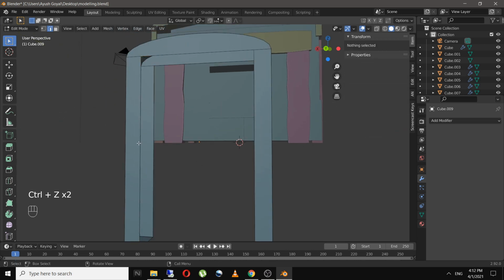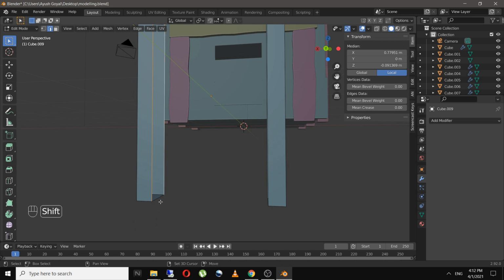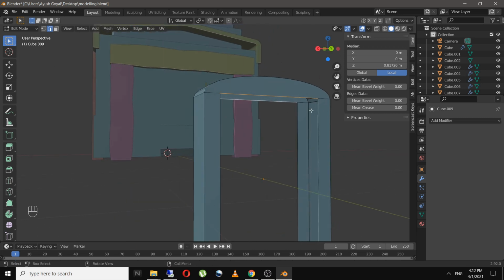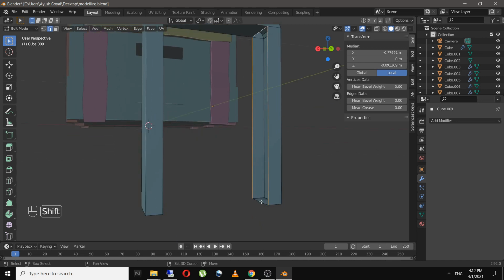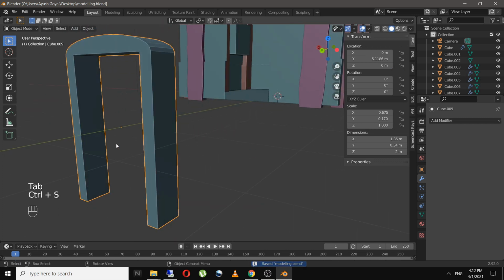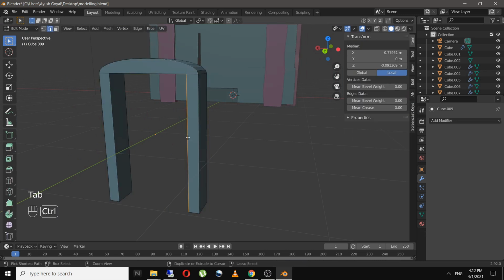So I'll select first this one and click on F to fill. I'll select now these to fill, and then I will select these four to fill somewhere over here. So this looks nice. And now I'm going to do the same thing which I did with the wooden plank.